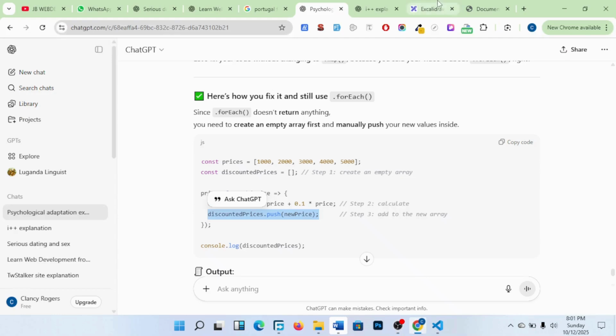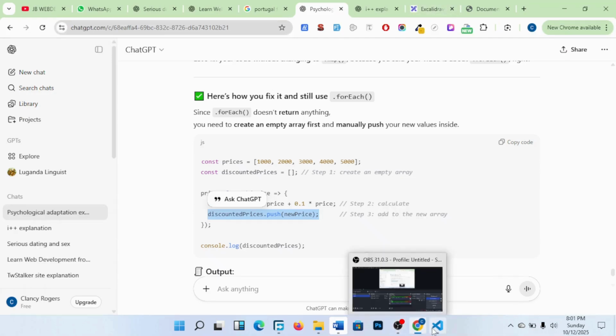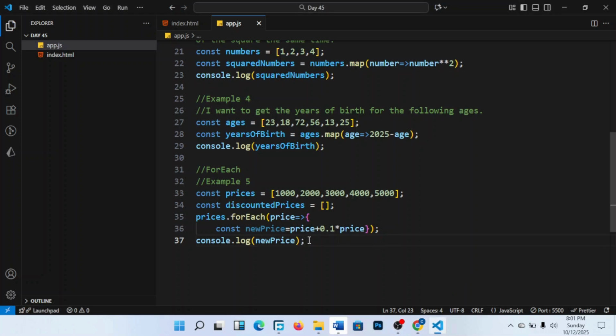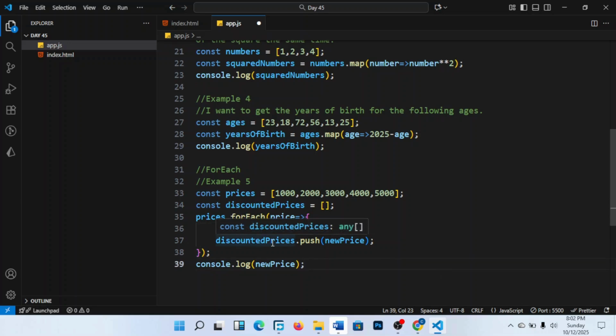So members, as you can see, we are now coming. The console log is going to come here. Then we come here, then we put something like this. As you can see, const newPrice is equal to discountedPrices. Then you push the new price there forcefully. After you push the new price there forcefully, once it looks like in our console log,